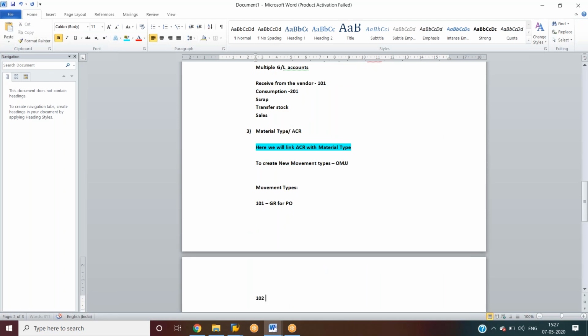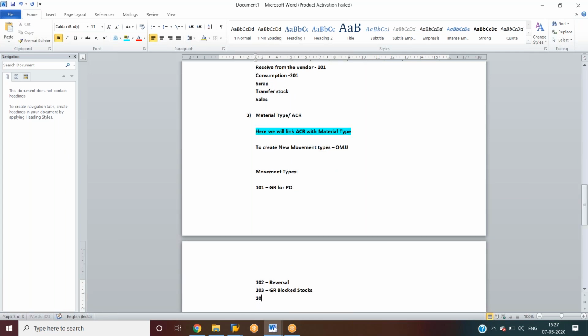102 is for reversal. What is reversal? I will tell you. 103 is for GR blocked stock. If they ask you about the movement types, you have to tell them we have many, but I am mentioning only a few here. 105 is release GR blocked stock.